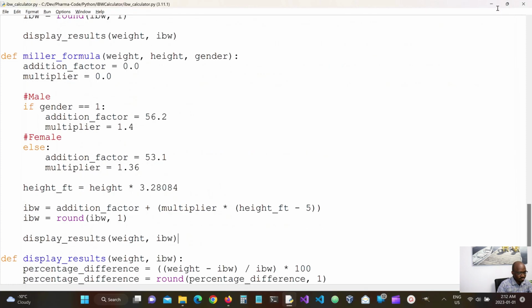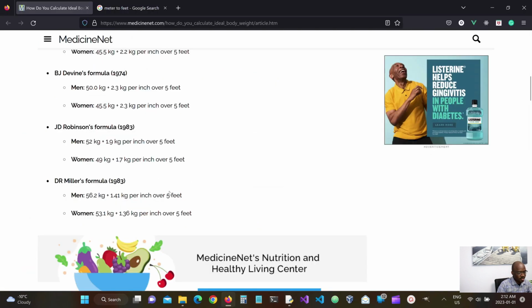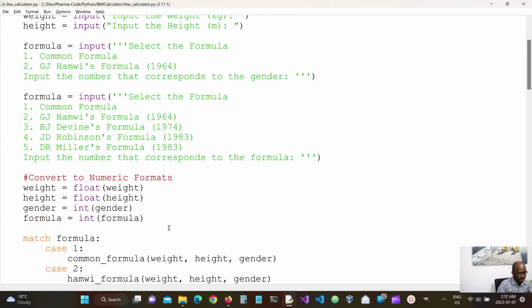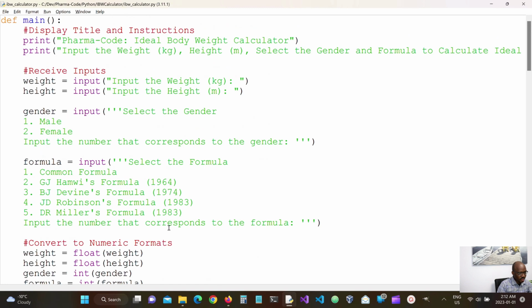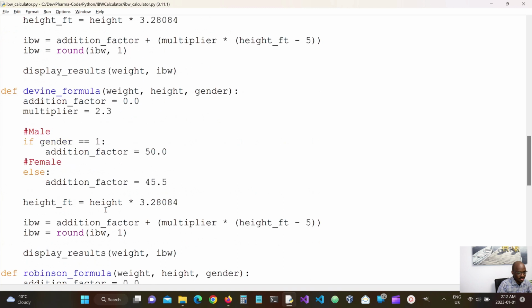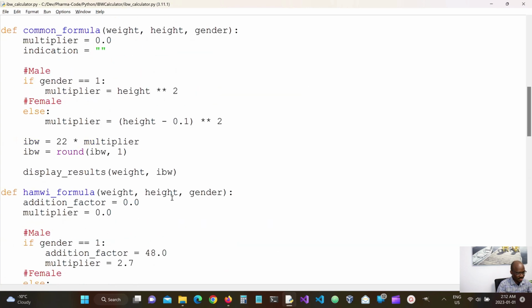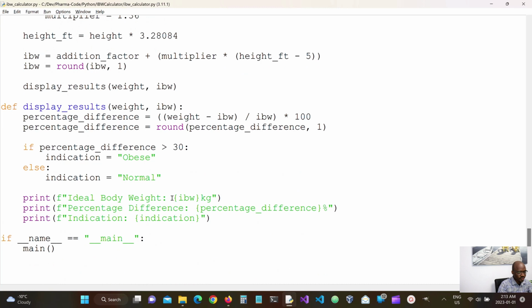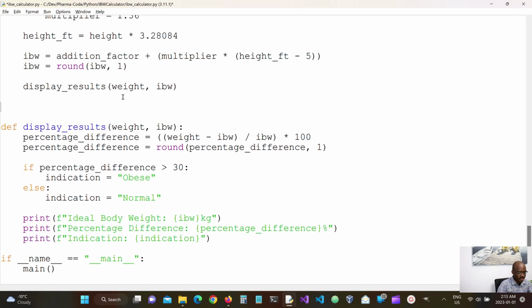So now that we've written out all the methods for each of our formulas, let's just look around and see a couple of things that we can clean up or write better. Okay, so the first thing I realized is we did a lot of conversion of height to meters. We duplicated this line of code in so many places. So I believe we can put that out into a separate method. Let's call that